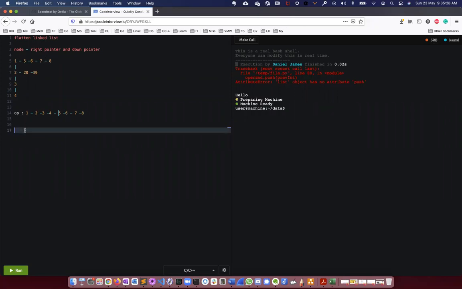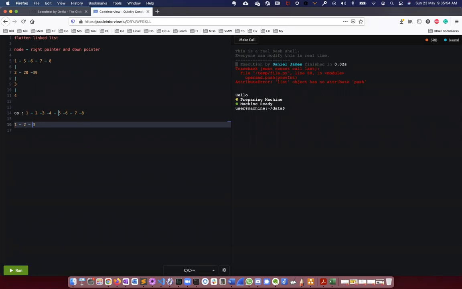It will be something like this for the example above. 1 will be processed first, and then I see its down pointer is there, so I start processing 2 and make it linear first. When I come to 2, I see 3 is its down pointer, so make 3 linear first.